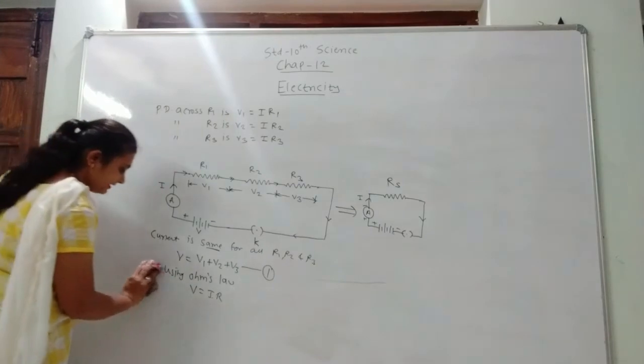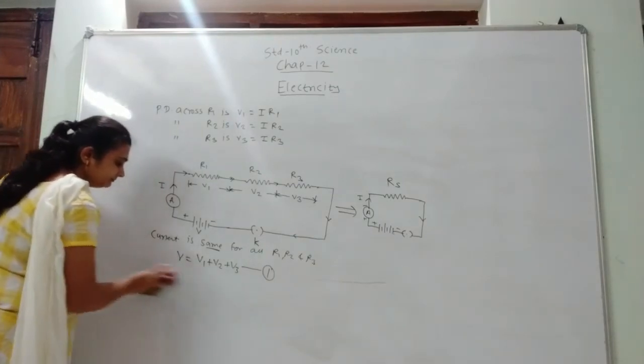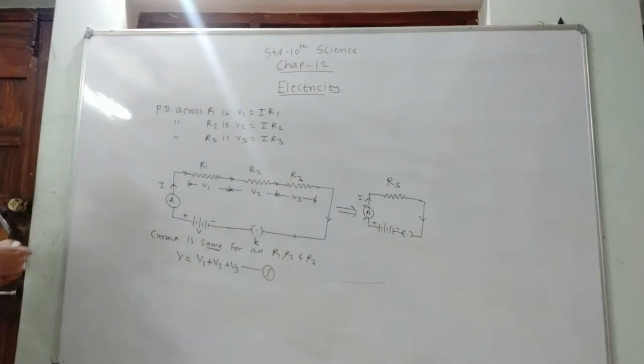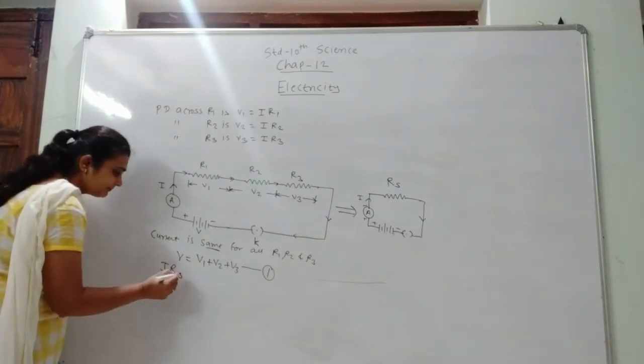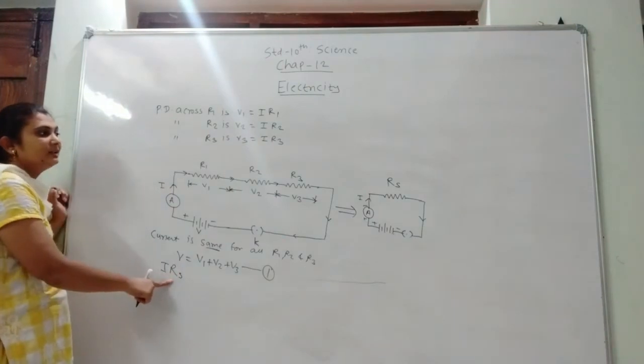Then we rub this one. Put all the values in equation 1. What is the value of V? V is equal to IR. We write here RS, S for the series,